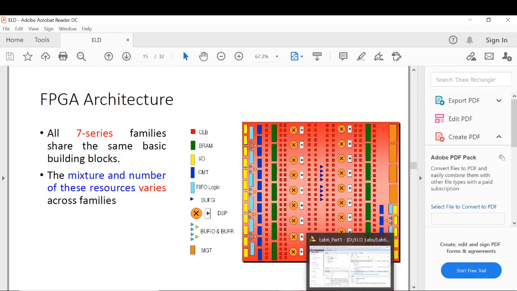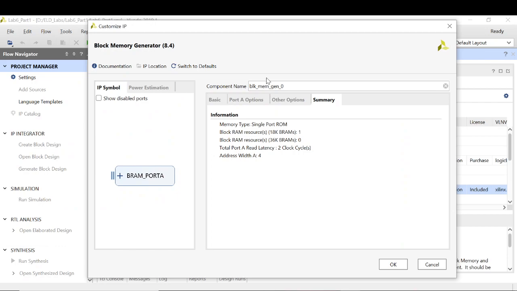In this summary, it is saying there are 18K RAMs and there are 36K RAMs. For our purpose we only need the 18K RAM. This is the number of 18K BRAMs being used, and we don't need 36K BRAM.